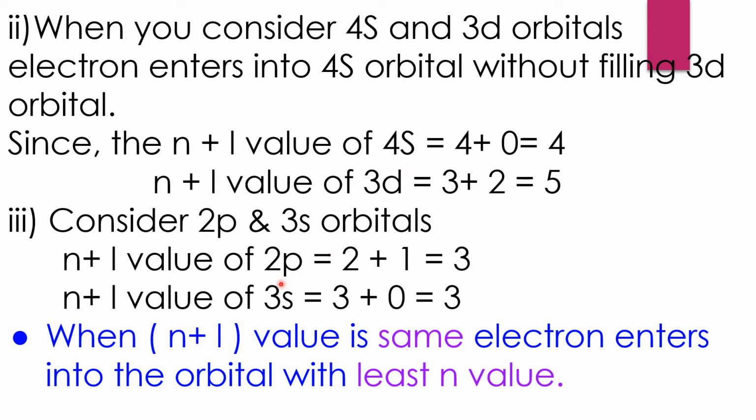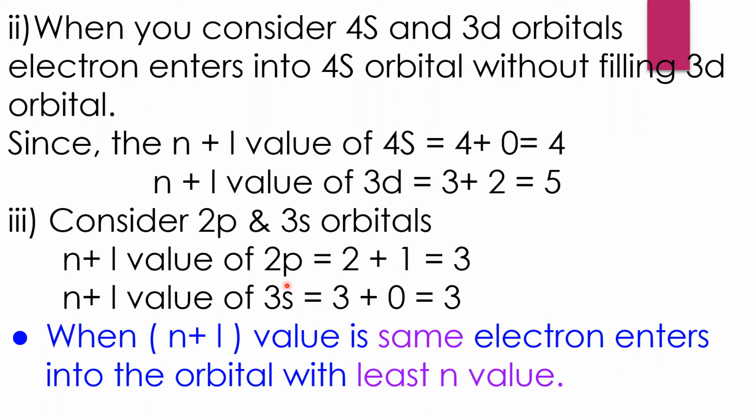The same way, when you consider the 2p and 3s orbitals, the n plus L value of 2p is 2 plus 1, which is equal to 3, and the n plus L value of 3s is 3 plus 0, which is equal to 3. So here it is a puzzle in which orbital the electron has to enter, whether it is 2p or 3s, because both orbitals have the same value, that is 3. Then in such cases, the electron enters into the orbital whose n value is least. So among 3s and 2p,